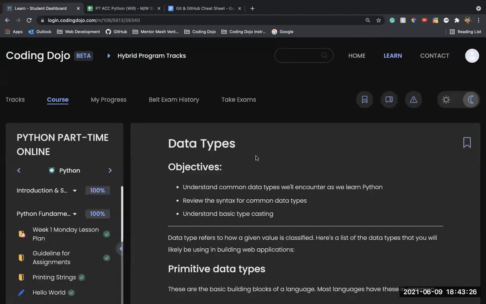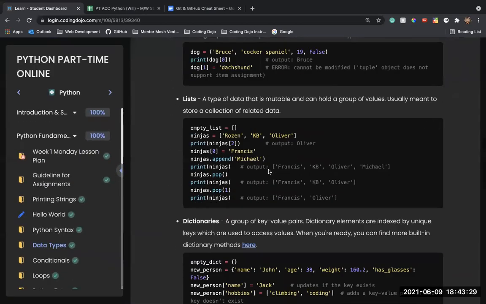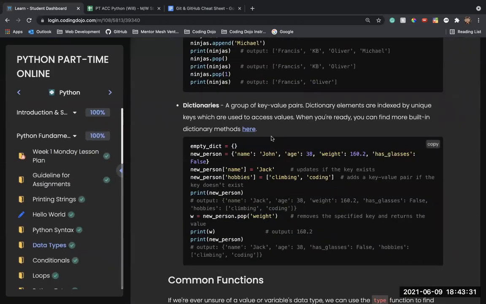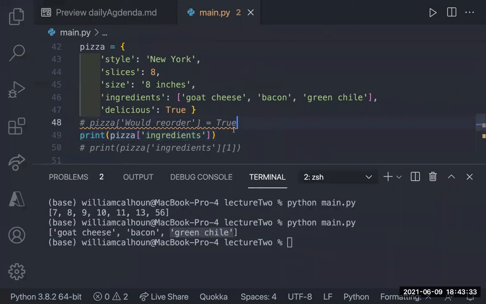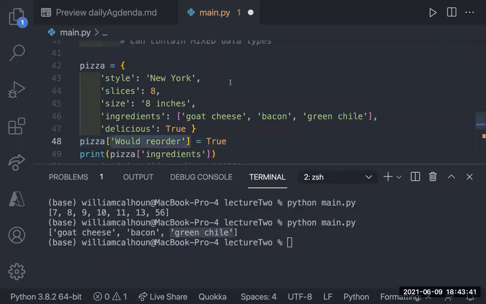So looking at these again, you can do some really cool things with this. One thing that's great is, if you just said something like this, pizza key would reorder. Now, I don't have a key of would reorder equals true. But with Python, if I do this, it will actually create that key for me.